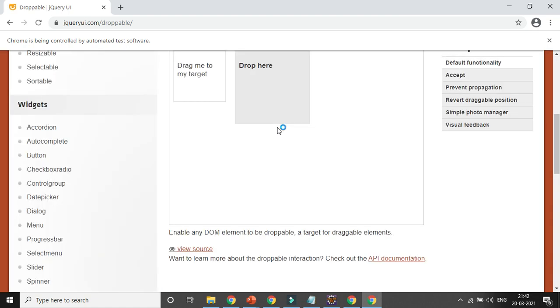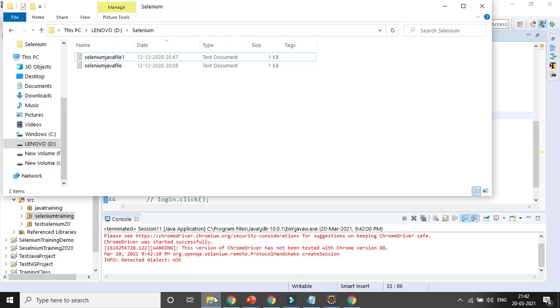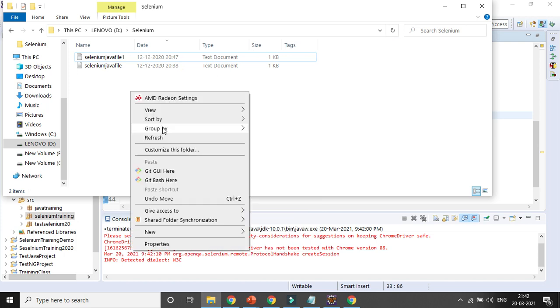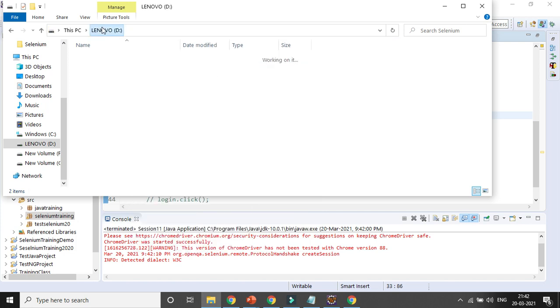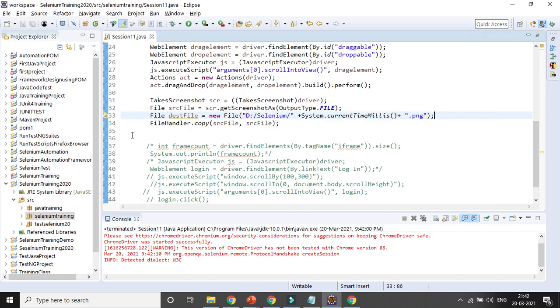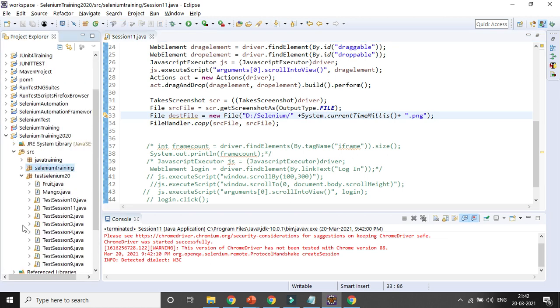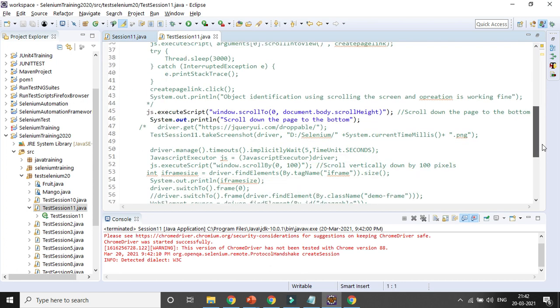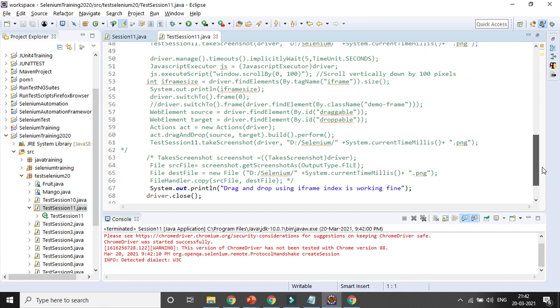Okay, drag and drop is happening. No, it's still not happening here. D drive, then Selenium, it's not creating. Okay, I'm just using the similar lines of code.